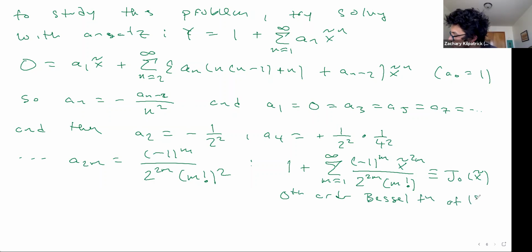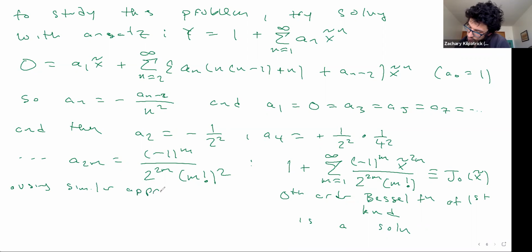the zeroth order Bessel function of the first kind, or one way to express it, a solution. But remember, this is a second order equation, so we should expect to have two linearly independent solutions. So using a similar power series approach, we also have that,